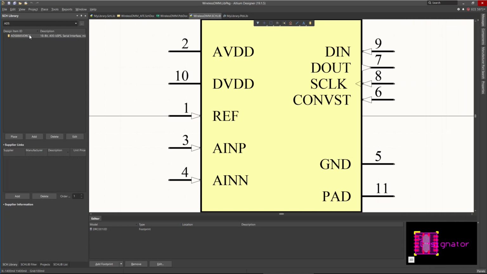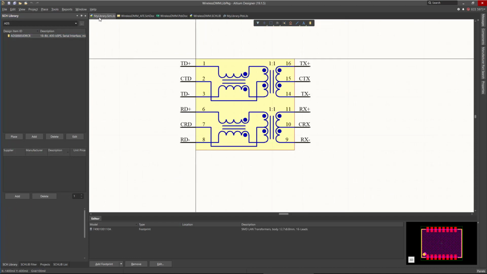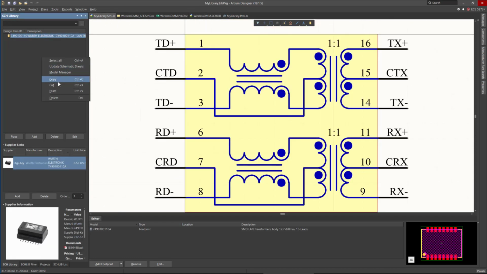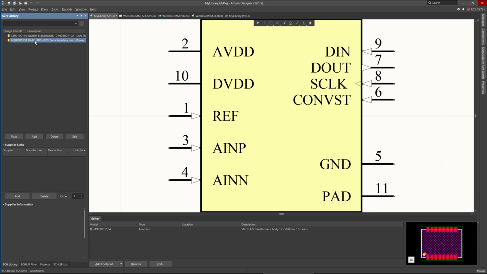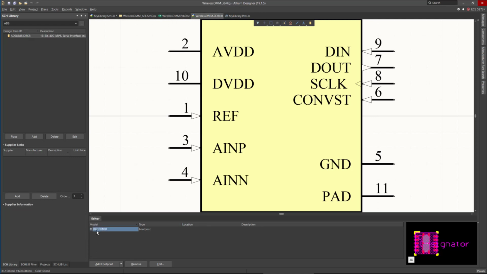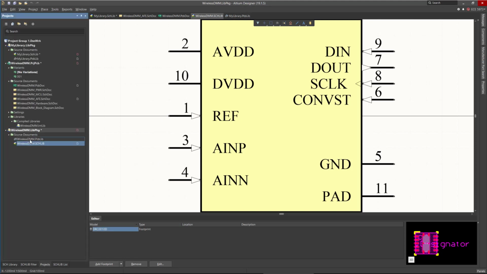So one thing you can do, right click on it, copy, go to your library now, paste, you have the component now. And you can see this one, but this one is not yet copied, that's why it's not updating in here. This is for the other component. What you need to do, you go back to here. So what is the name of this component? It's DRC0010D. Now you go to the generated PCB library